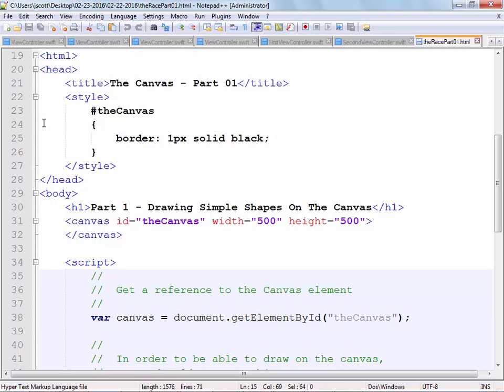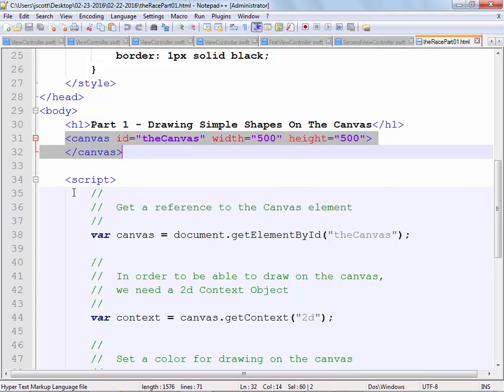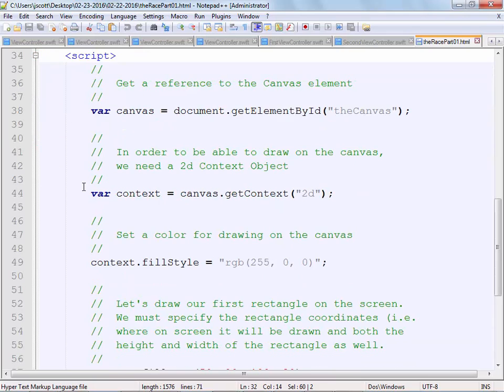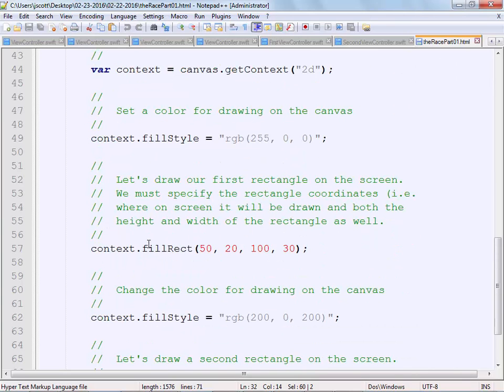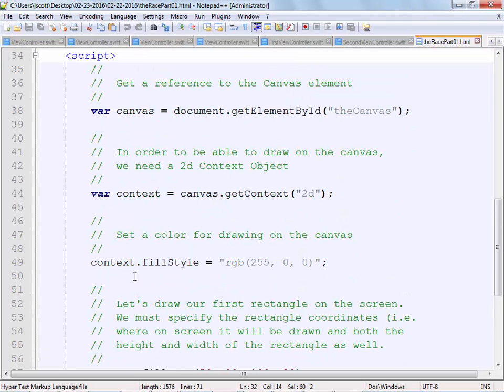So I'm setting up a canvas, and it's basically going to be 500 by 500, with a 1 pixel solid black border on it. Not very much. You'll notice there's the CSS for it, and we actually create the canvas outside of the JavaScript. When you get into the JavaScript, there's really not much code in here. There's 1, 2, 3, 4, 5, 6 lines of JavaScript code, but I tried to comment the hell out of it, so hopefully if you have a question, you can go back and take a look at it.